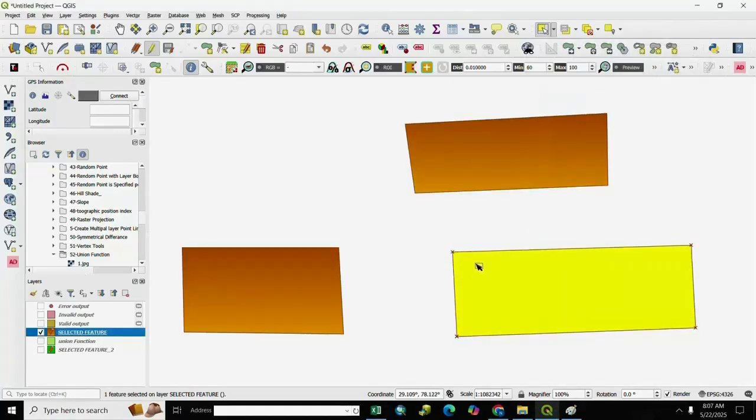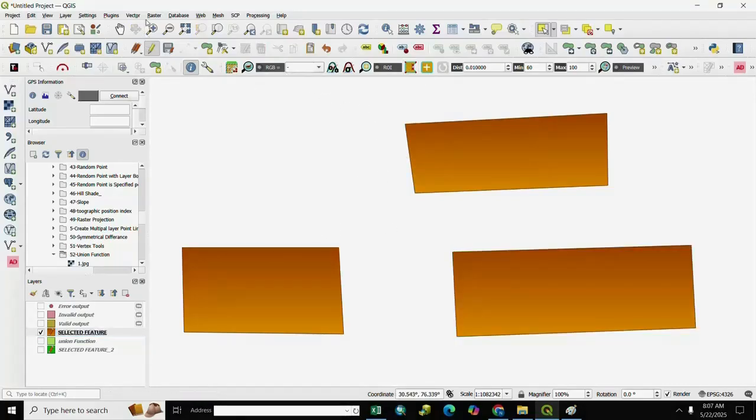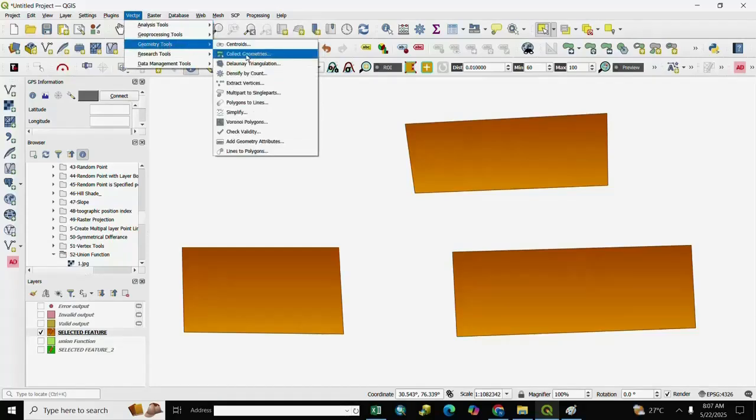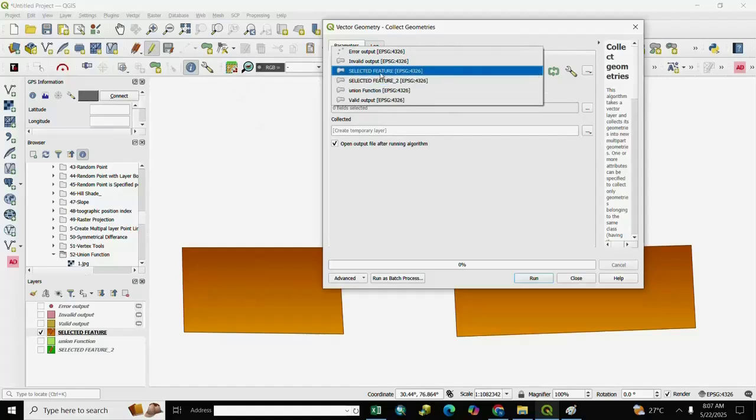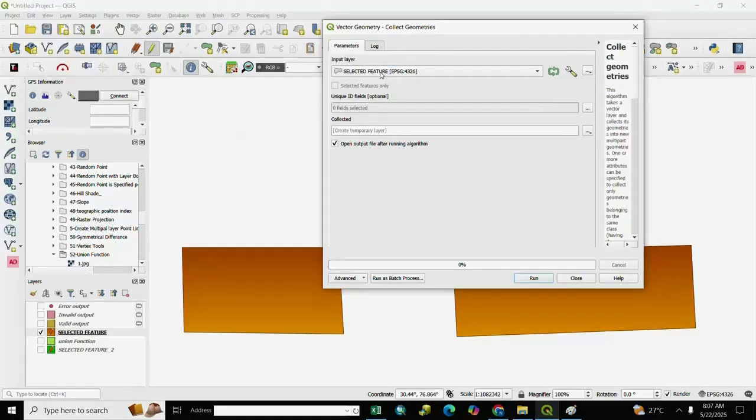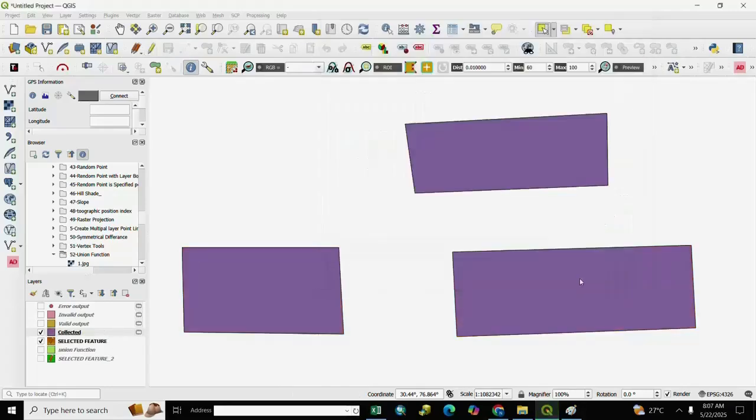For collecting geometry, we unselect it and we go to Vector and Geometry Tool and select Collect Geometries, and we select our layer, selected feature, and after it we run it and we close it.